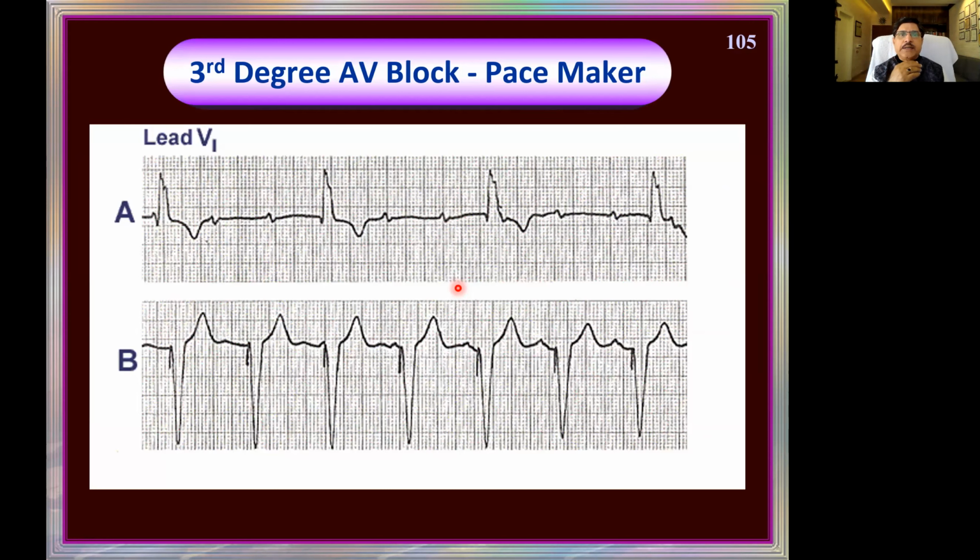Now you see third degree heart block. Third degree heart block means atria are contracting on their own, ventricles are contracting on their own. There is no atrioventricular synchrony. Normally P wave followed by PR, then the QRS, then the T wave. That pattern is lost. So this is one atrial beat, this is another atrial beat, it is occurring here, it is occurring here, again it is there. In various places on the baseline, the P waves are occurring.